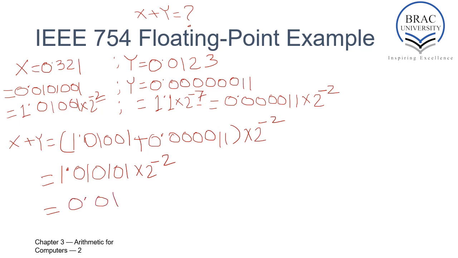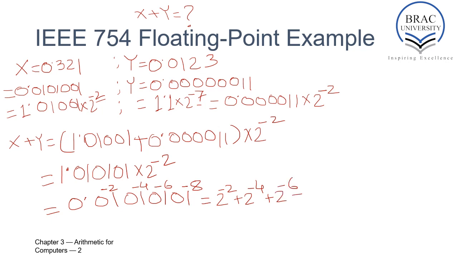So this would be 0, 0, 1, 0, 1, 0, 1. These positions are minus 2, minus 3, minus 4, minus 6, and minus 8. So we can write 2 to the power minus 2 plus 2 to the power minus 4 plus 2 to the power minus 6 plus 2 to the power minus 8, which would give us